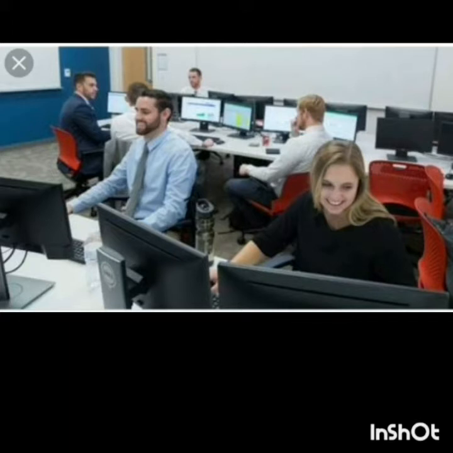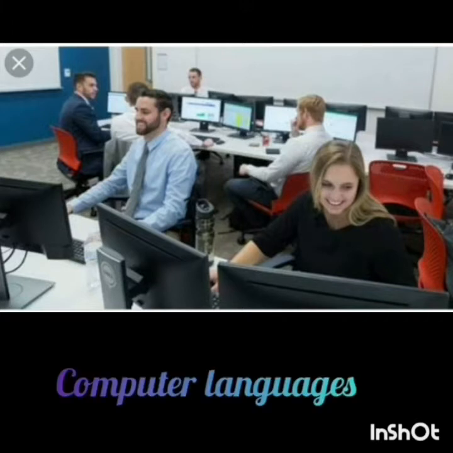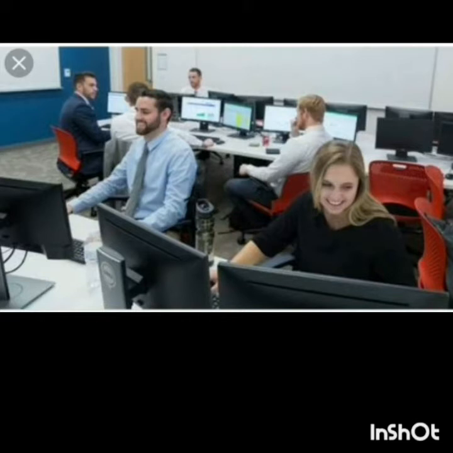So some special languages that have been developed to communicate with computers are called computer languages. We give instructions to the computer in a computer language and it gives results in a form that we understand.